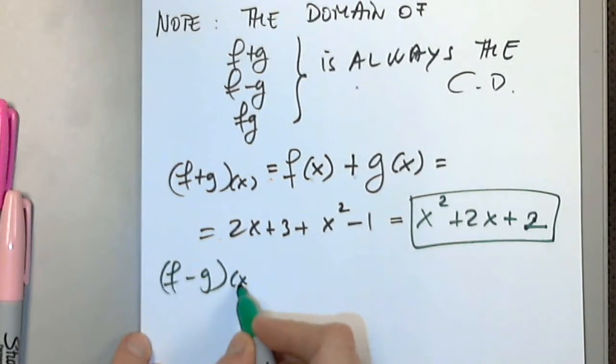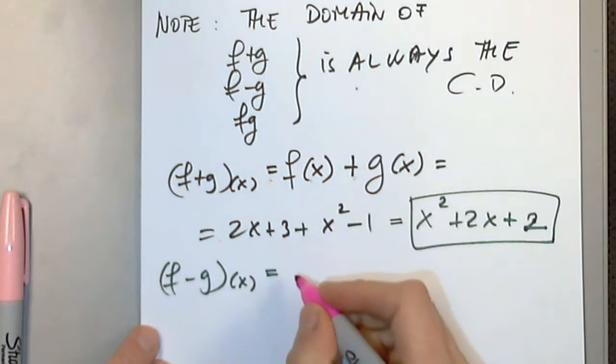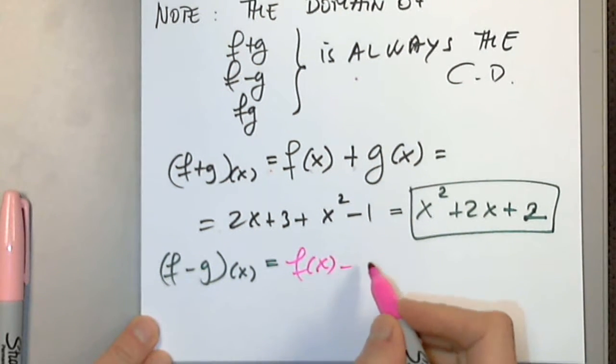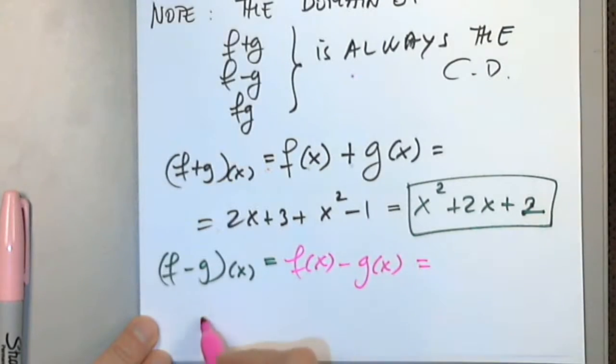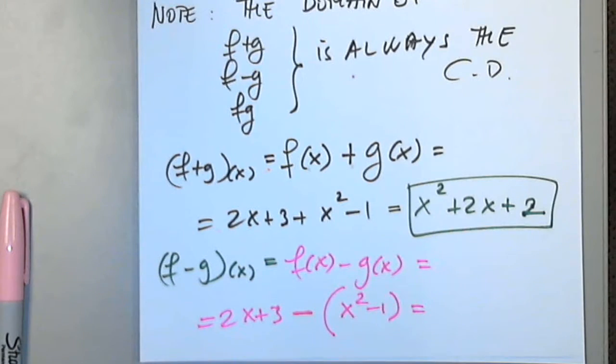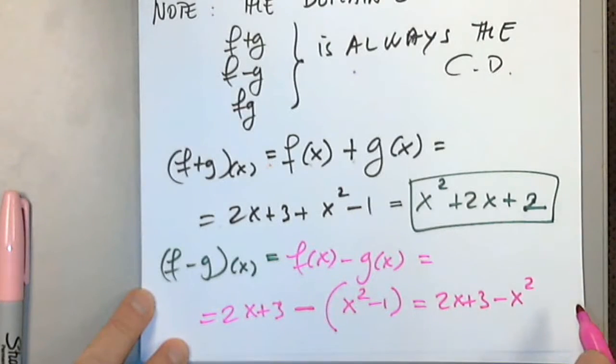So f minus g of x. What is the definition? What do I have to write? There is a lot of writing in this section, but I hope you're not going to find it too difficult. No, I have to write the definition first. Very good. And now I'm ready to replace. I have to write minus, and I have to put parentheses, or I distribute in one step. That's fine too. But I have to make sure that I distribute to both terms. So this is 2x plus 3, and then minus x squared